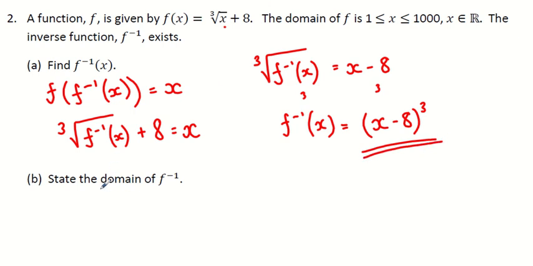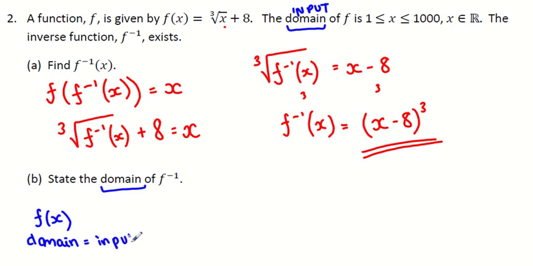For the next one, we have to state the domain of the inverse. Now, this here is the domain of f of x. Okay, that's the input. So domain means input. So if you have f of x, where the domain is the input and the range is the output,